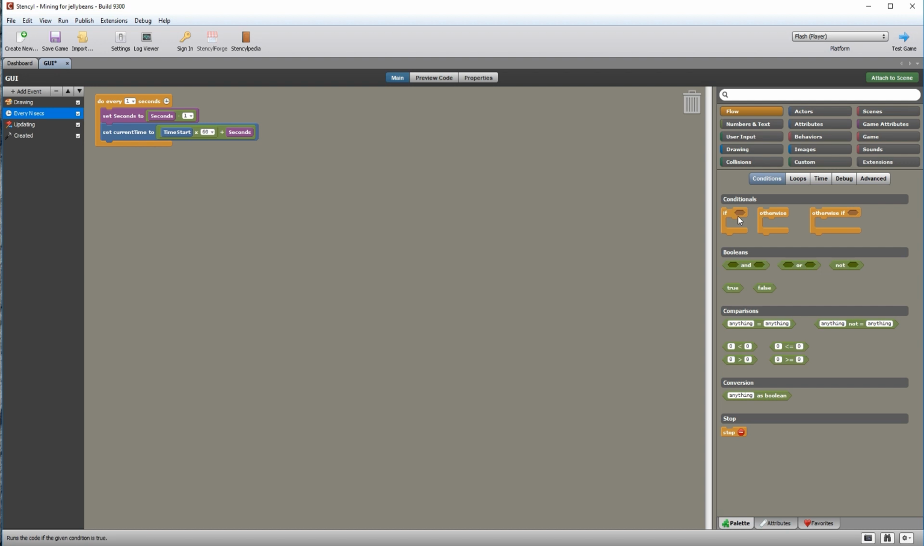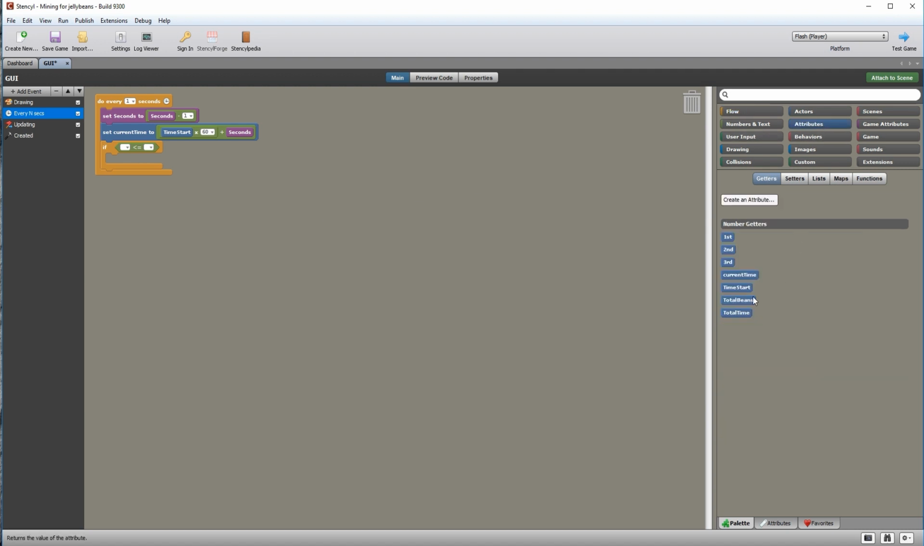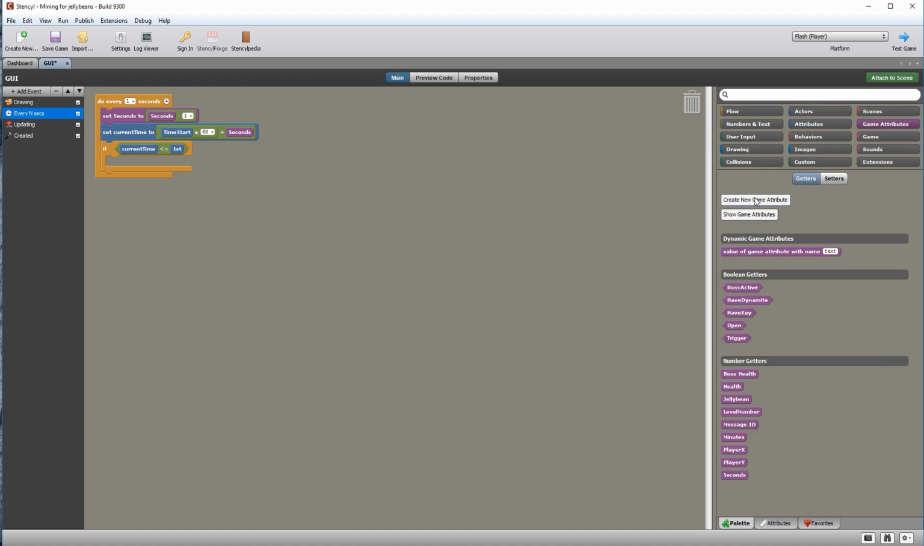Now let's go to flow, drag in a conditional if statement. Now we actually need a less than or equal to. I'm going to go to our attributes. I'm going to say if current time is less than or equal to first. In other words, if it's less than or equal to that 89.5 for the first level, we're going to create